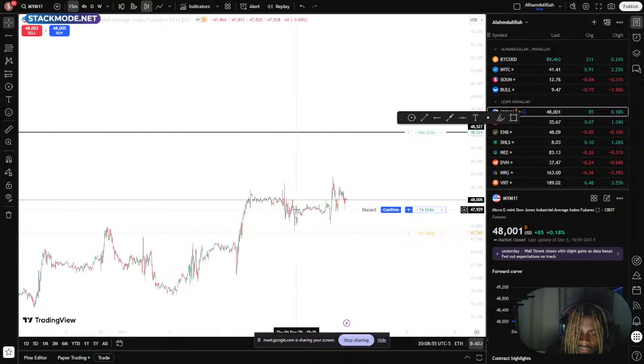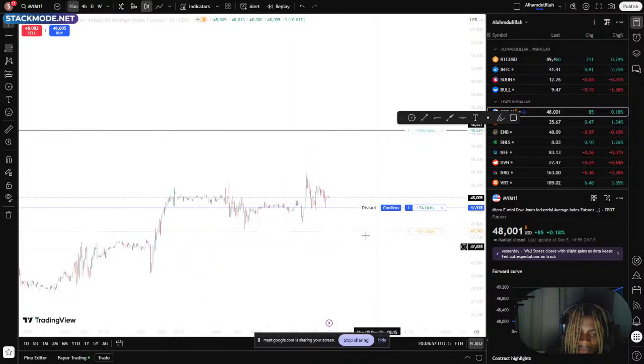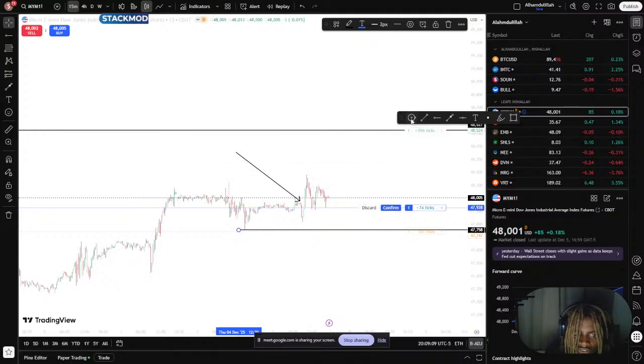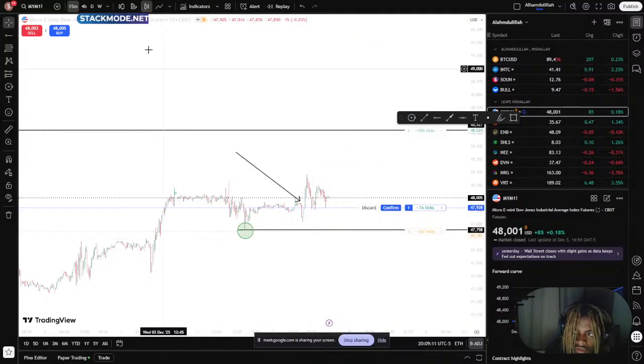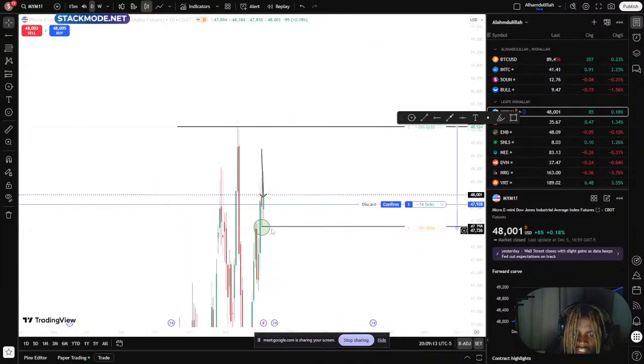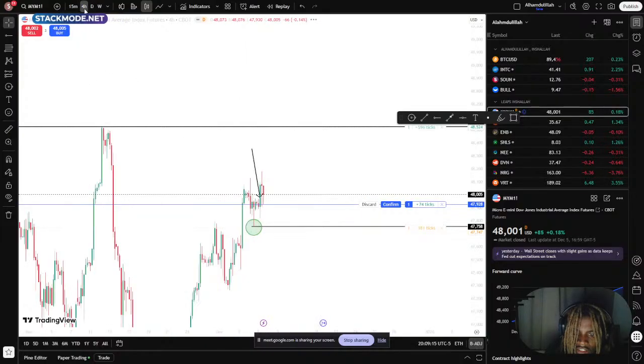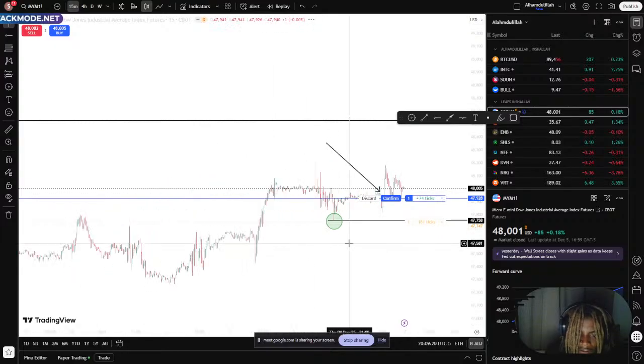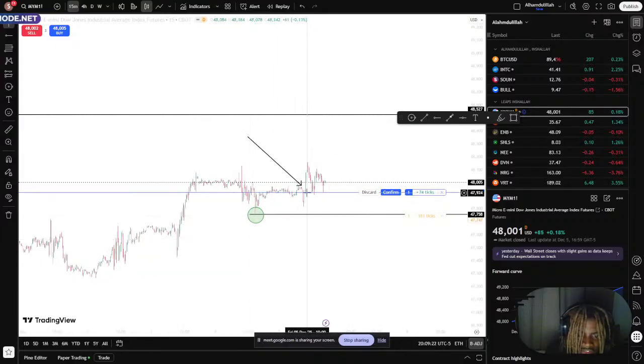Okay, I think I bought right here, and I have my stop loss underneath this low right here, which is going to be that daily low right here. Okay, so even though I'm on my 15, I still get everything from my higher time frames. Okay, so the reason why I decided to enter in right here,